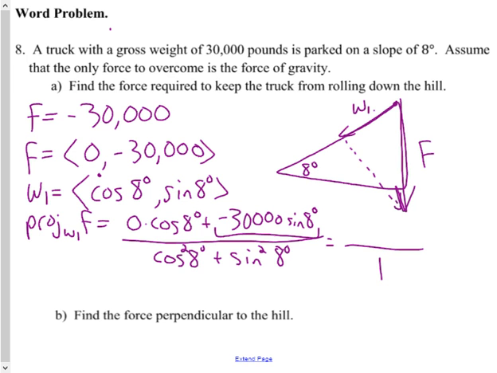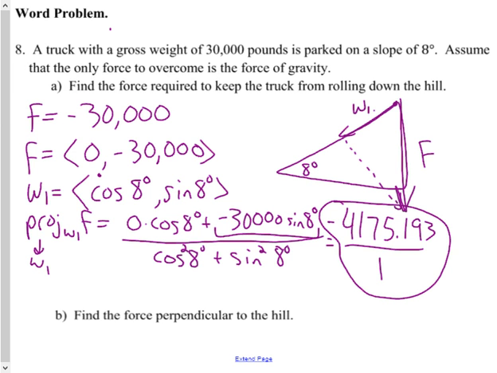The negative 30,000 sine of 8 degrees gives us 4,175.193 pounds, and it's negative. Okay, so that's the force that is pulling down. This is how many pounds are pulling down the slope. That's one of our pieces. Sorry, it's kind of weird that we have two W1s here, because technically our projection usually is our W1. Okay, but since this is negative